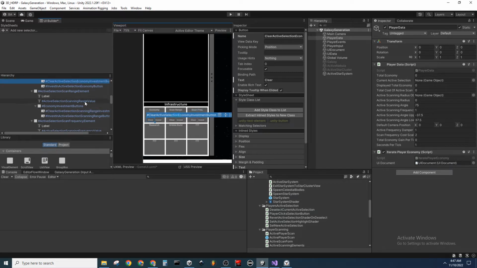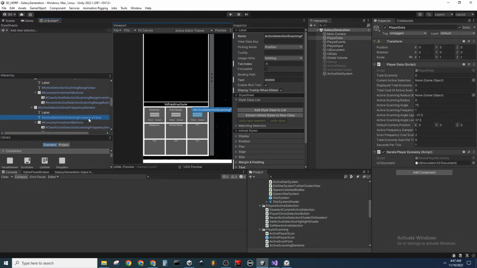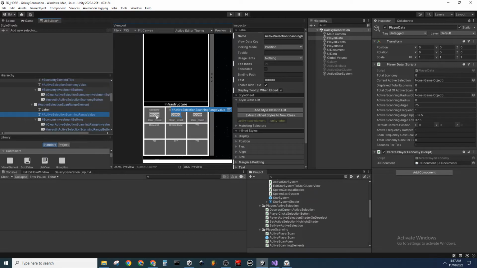And I believe this one's already correct. Clear active selection economy investment button. And one more thing I can check is, are these named correctly? So active selection scanning frequency value, active selection scanning range value, and active selection economy value. Okay. So that I have these all named correctly, I have to